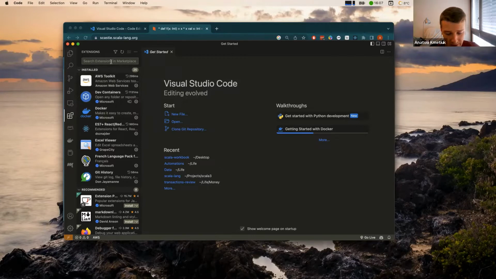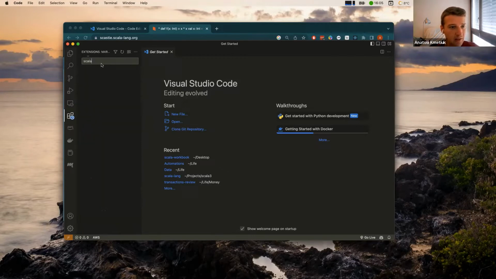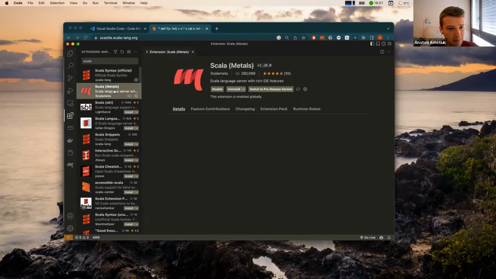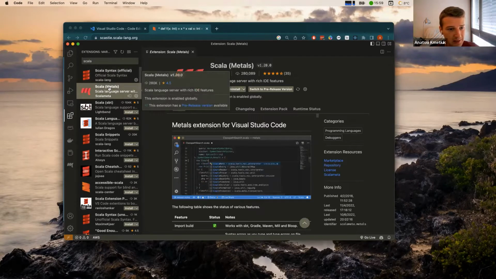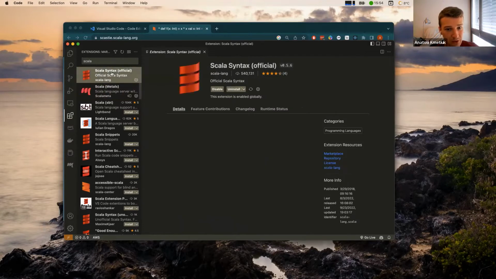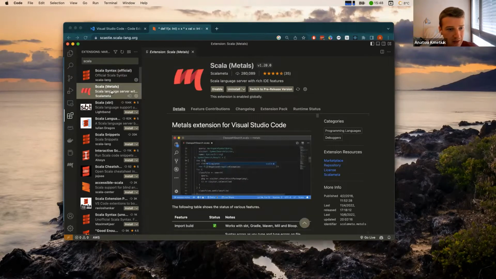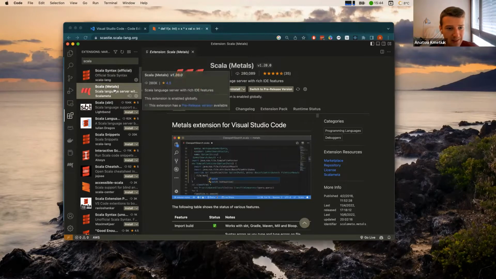So what we want here is to type Scala in the search bar, and then there will be this Scala Metals extension that we want. There's also this Scala Syntax extension that I have also installed here, but I believe Metals incorporates Scala syntax as well. So Metals is not only syntax highlighting, it is also things like